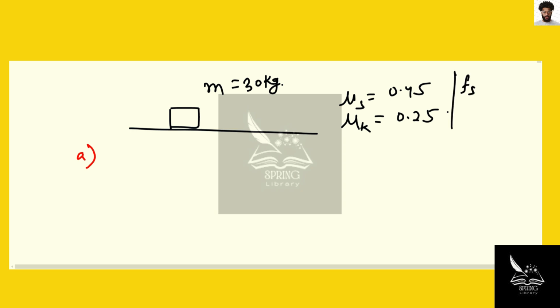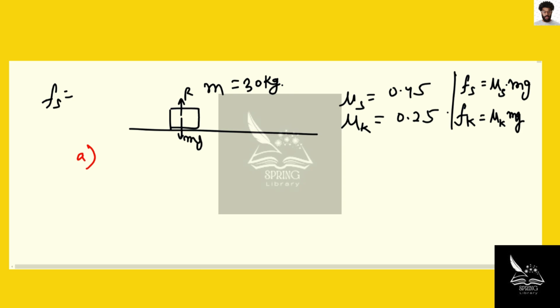So in that case, let's figure out the static friction and the kinetic friction. Both these frictions can be obtained by multiplying their corresponding coefficients and the weight, which will be just the normal reaction if we observe the free body diagram. So when we multiply them together, the static friction comes out to be, let's multiply 0.45 with the mass, that's 30, and multiply that with the acceleration due to gravity, that's 9.8. So we get the static friction as